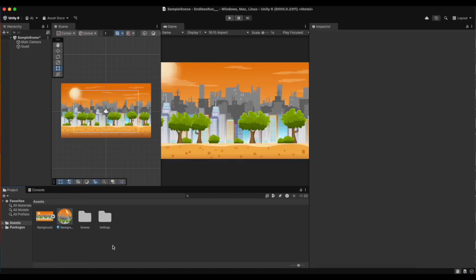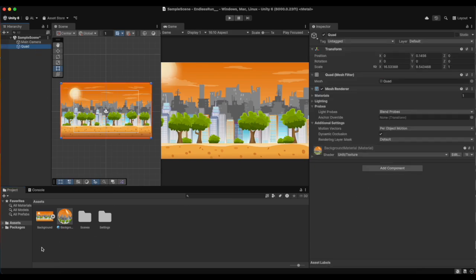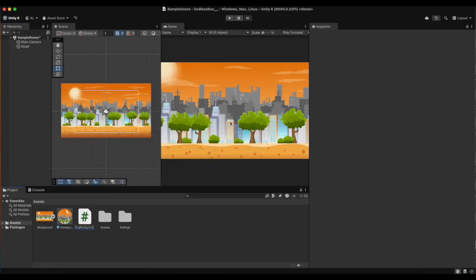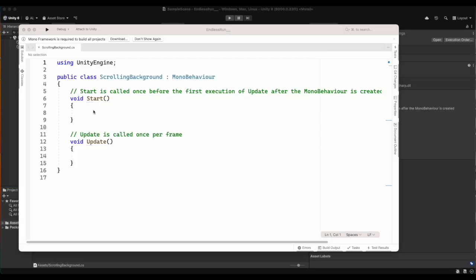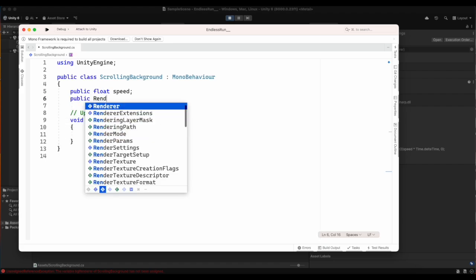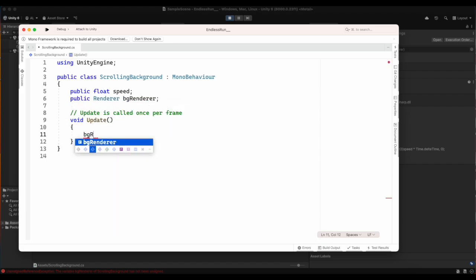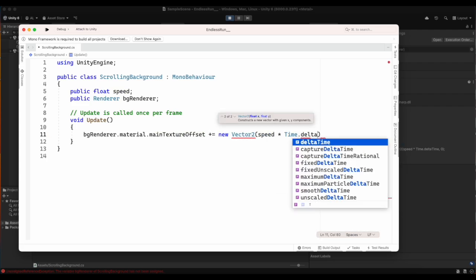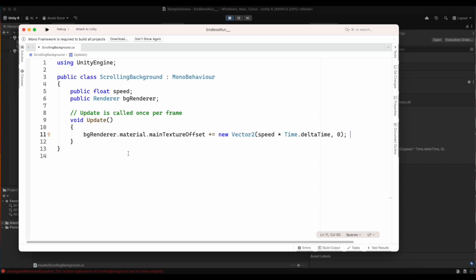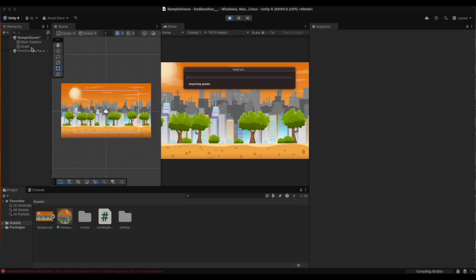Next up, we're going to create a scrolling background script and attach it to our quad. Inside of the script, we're going to add the following code. Now from here, we're going to save our script, and then back in Unity on our quad,